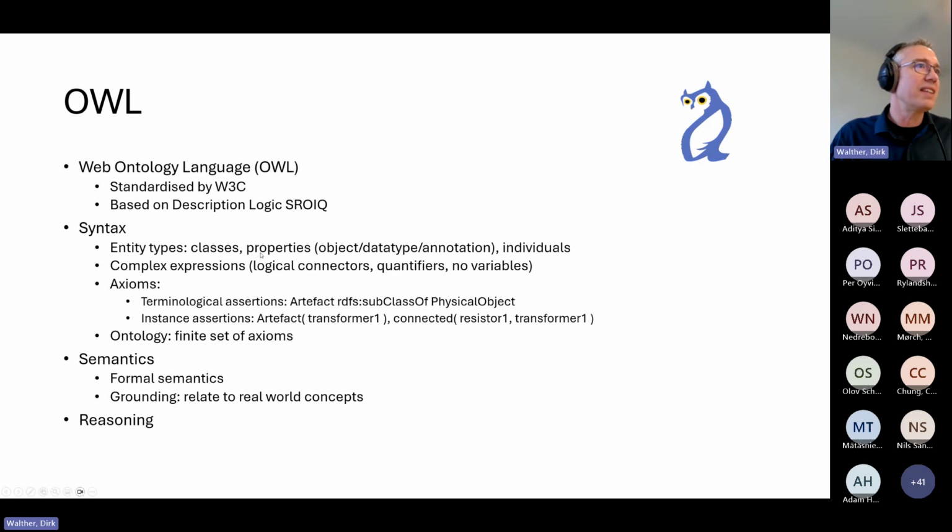It is important that these primitive names that we categorize into classes, properties, and individuals need to be given a meaning outside of the ontology, outside of the logic. This is something that we as humans assign to them. Otherwise, these are just names and they mean, in principle, nothing to the logic. We assign meaning to them, and then the logic provides us with a formal way to combine these and to make extra statements about these.